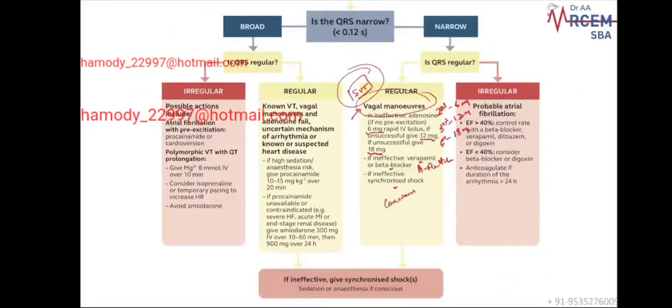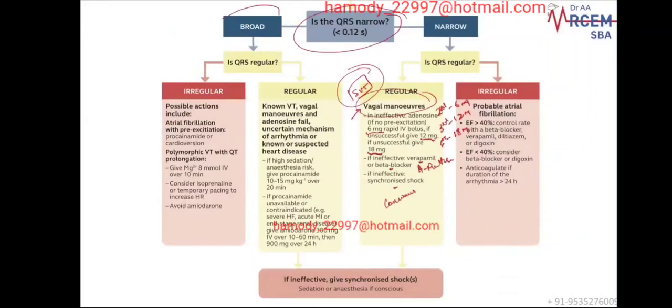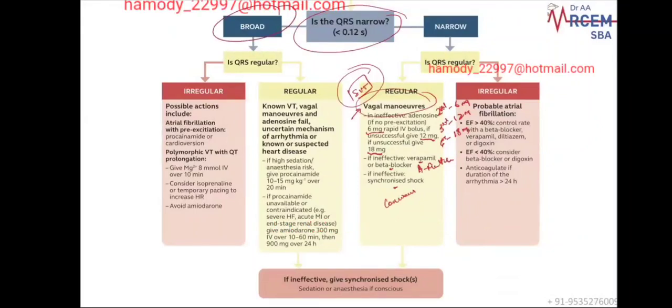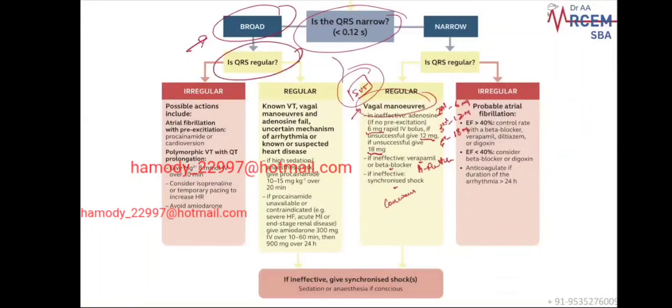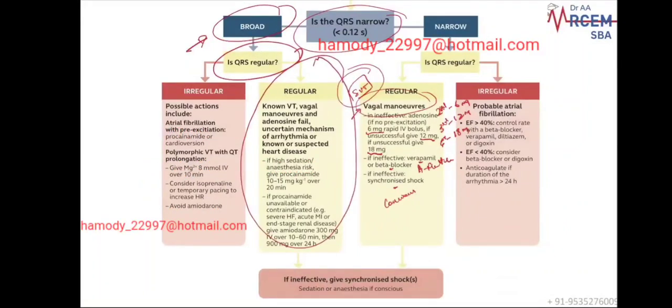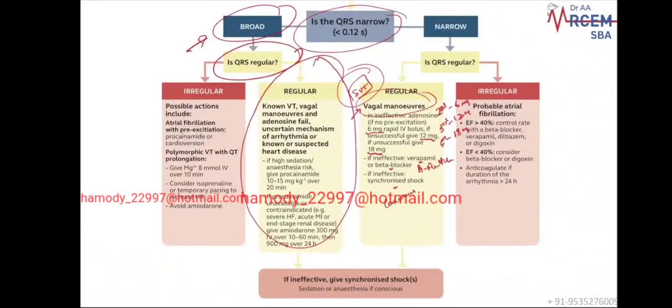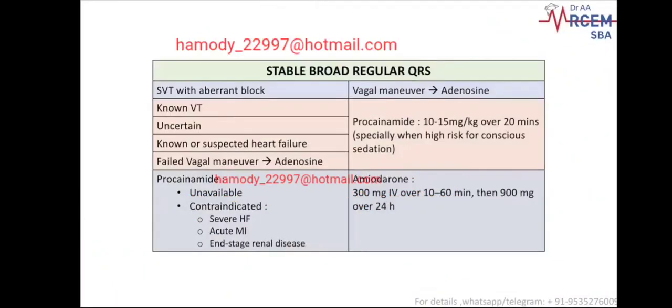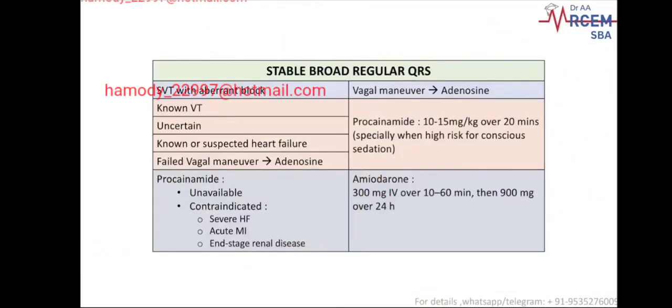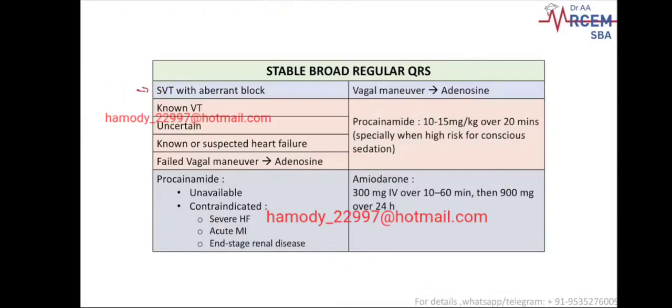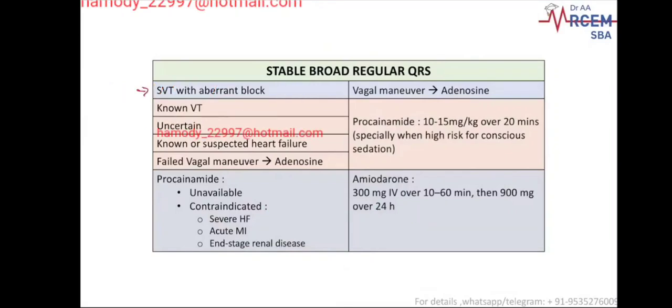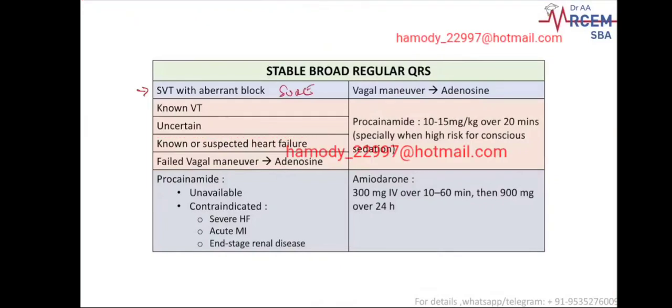Next one is when the QRS is not narrow, it is broad. It is more than 3 small boxes. If it is broad and regular, what do we do? This is a little bit complicated. That's why I have broken it down for a better understanding. It might be an SVT with aberrant block. So if you're sure that it is an SVT with an aberrant block,